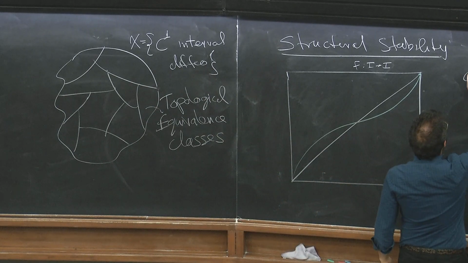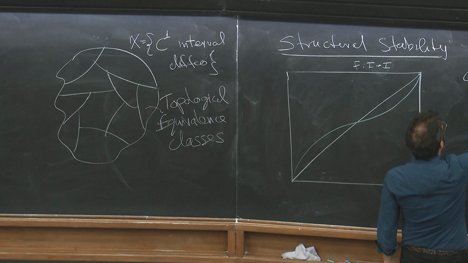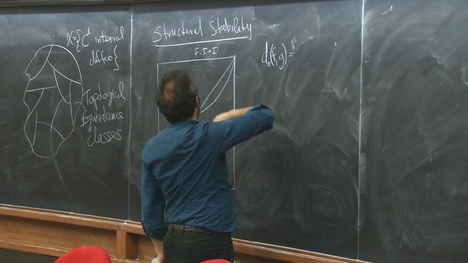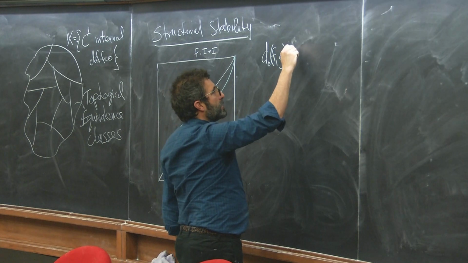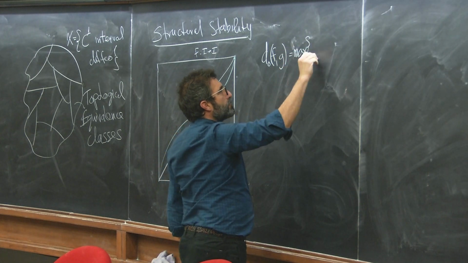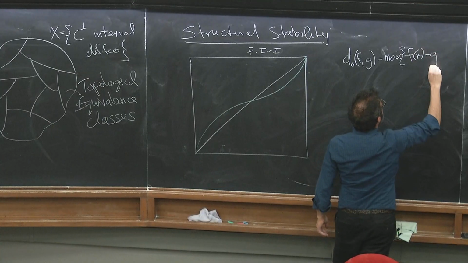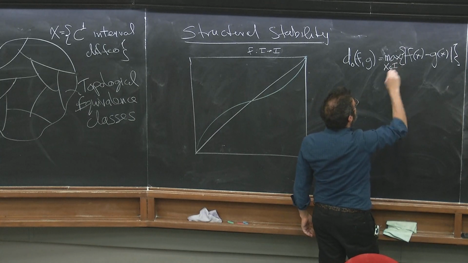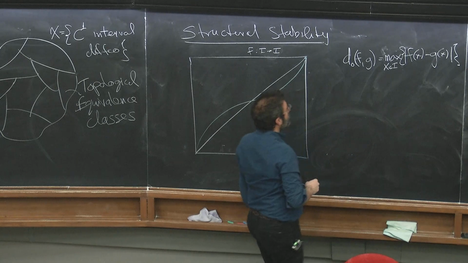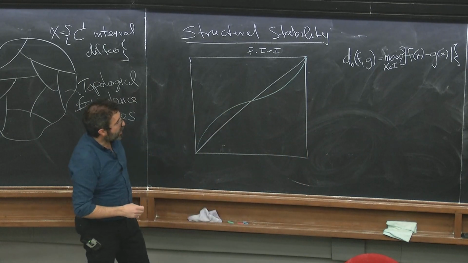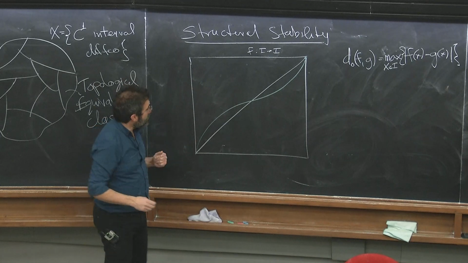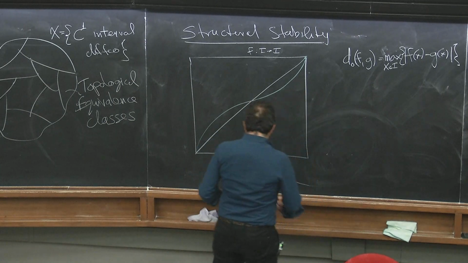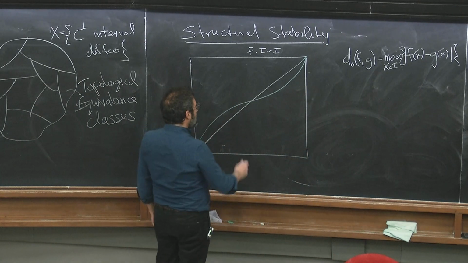So we can define, as I started defining last time, what's called the C0 metric, which is just the maximum. So if these are compact intervals, then we can just take the maximum of |f(x) - g(x)| over all x in I. And you can check that this is a metric on the space of interval diffeomorphisms. Right? What does that mean? This means that if you take a map F and I take a map G,